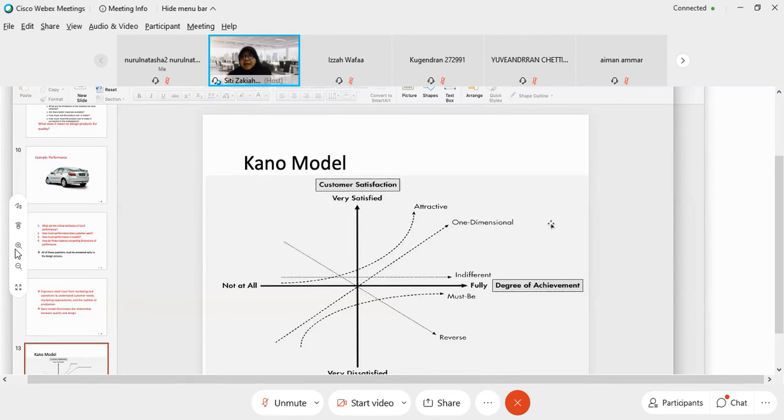Maybe for me, maybe handphones, because the features pun to me, I use handphone just to call. Of course, I have a lot of WhatsApp groups that I can go on Facebook. Tu je. So lain features pun, it doesn't really matter. Doesn't improve my satisfaction or what. Right? I don't know about you guys. I think all of you will have one product that,